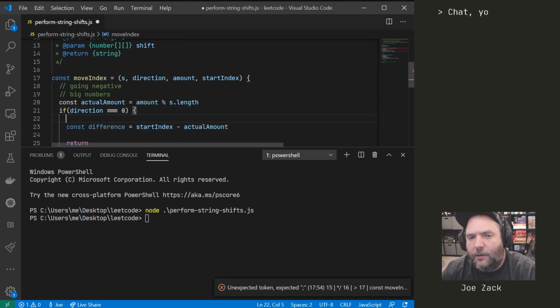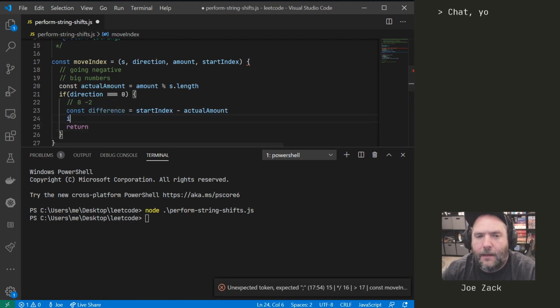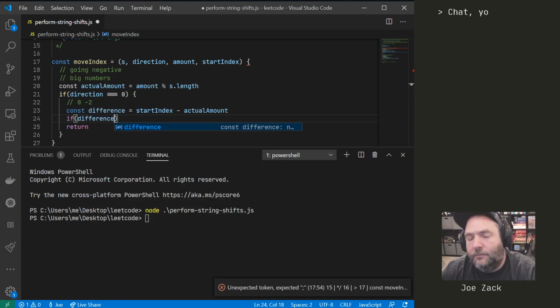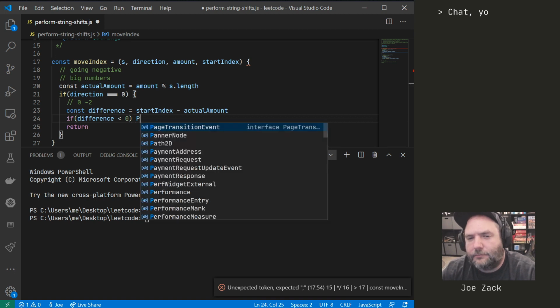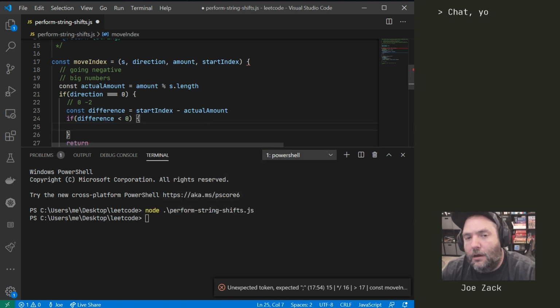So for example, we're talking about 0 and negative 2. Then if difference, in this case negative 2, is less than 0,